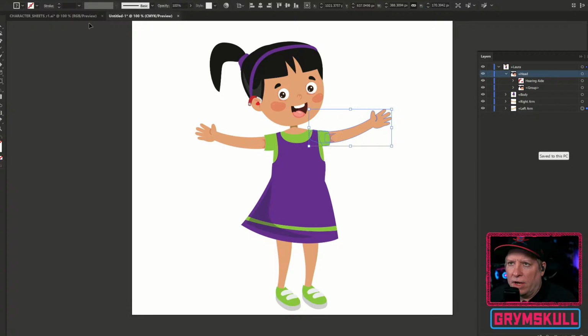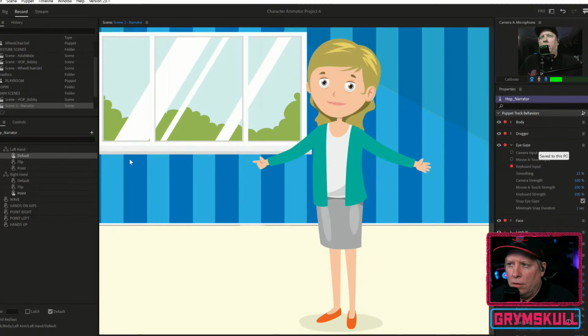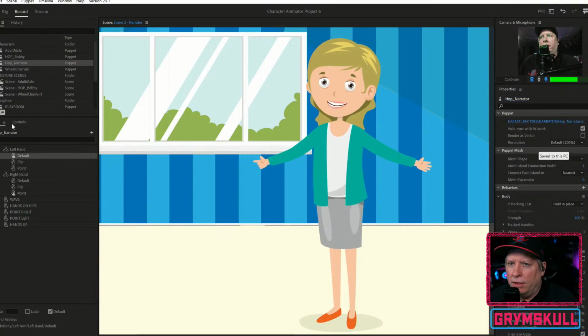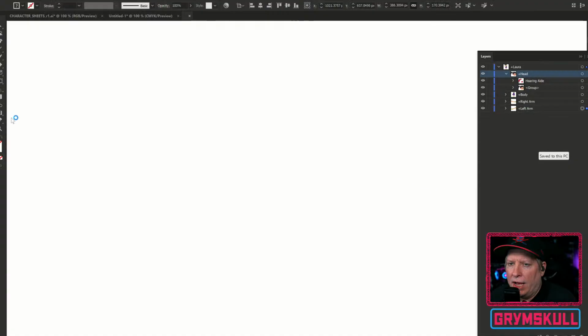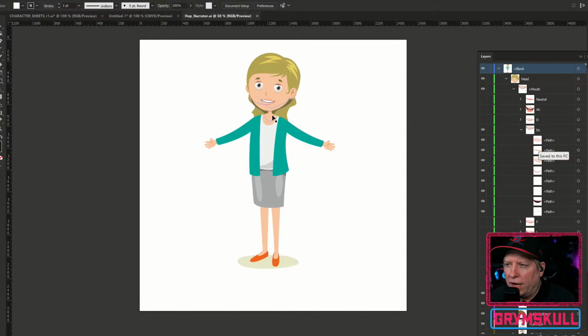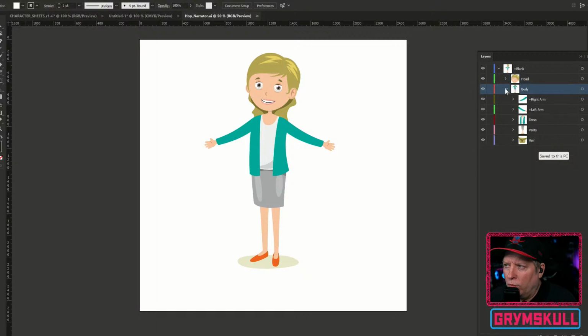In fact, one of the things I'm going to do is go to Character Animator with our narrator selected. I'm going to hit AI. That's going to bring her character up. And I'm going to look and see, from top to bottom, right? She's blank because I didn't name her correctly, but that's okay.